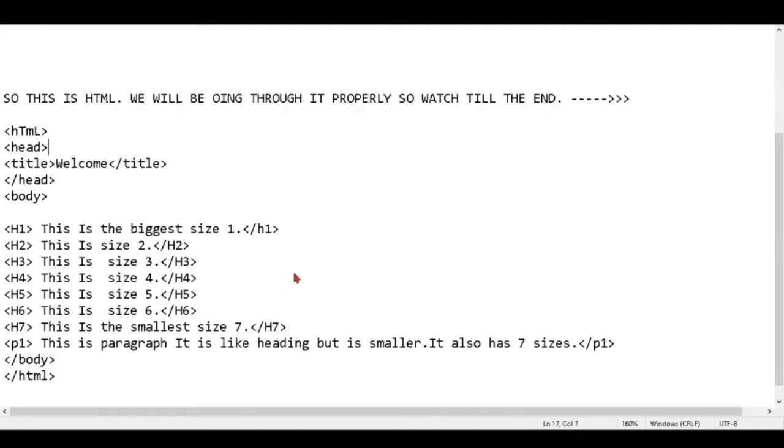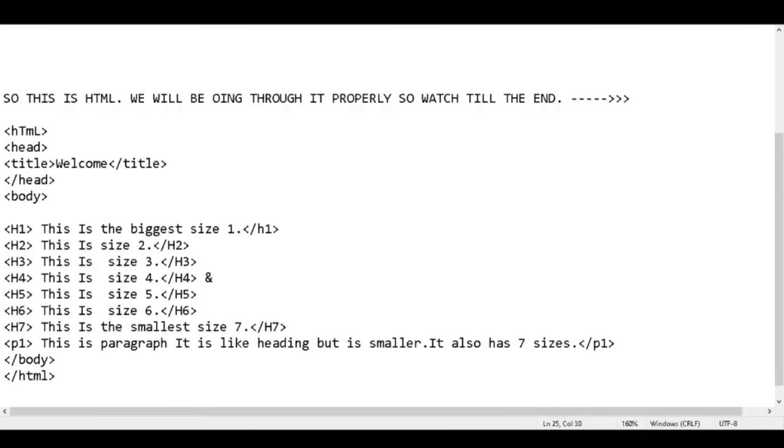So there are heading tags: H1, H2, H3, H4, H5, H6, H7. This is the heading tag. In this, HTML has sizes for letters, since it is especially a markup language.